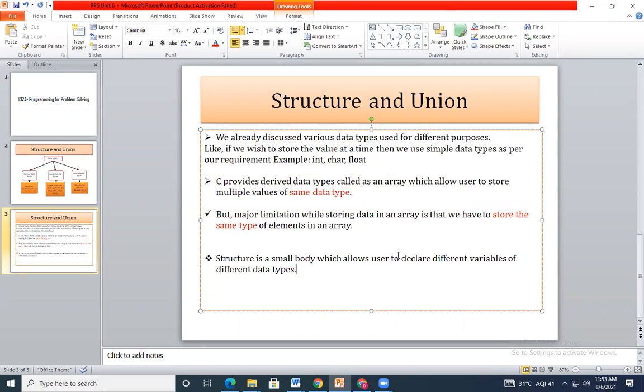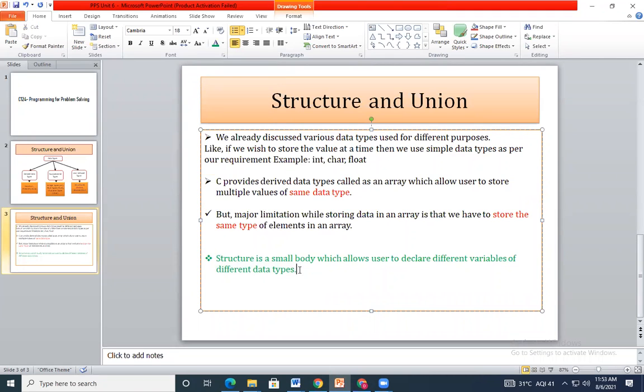Okay, so you need to remember this, which is exactly opposite to array. The structure is a small body which allow user to declare different variables of different data type.